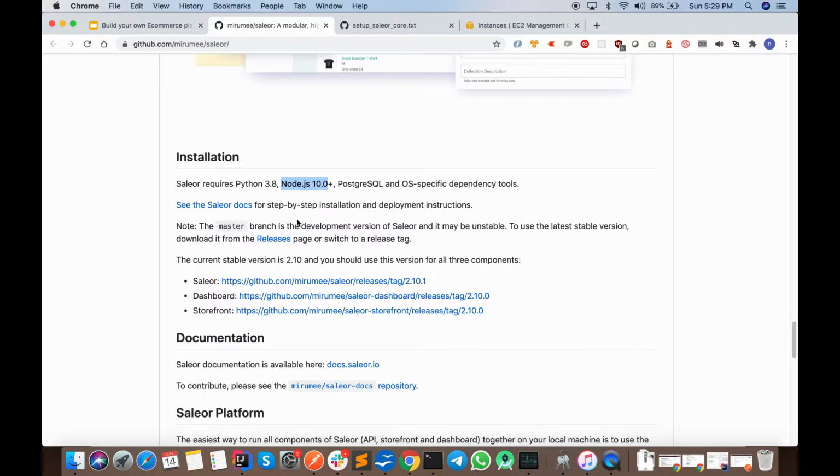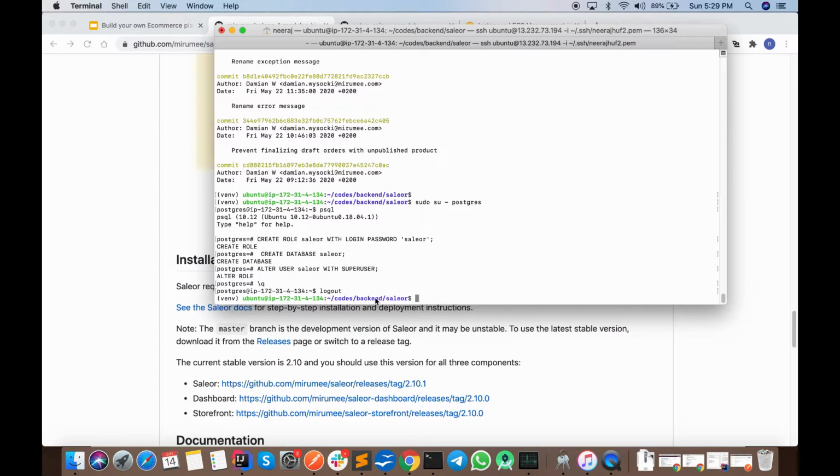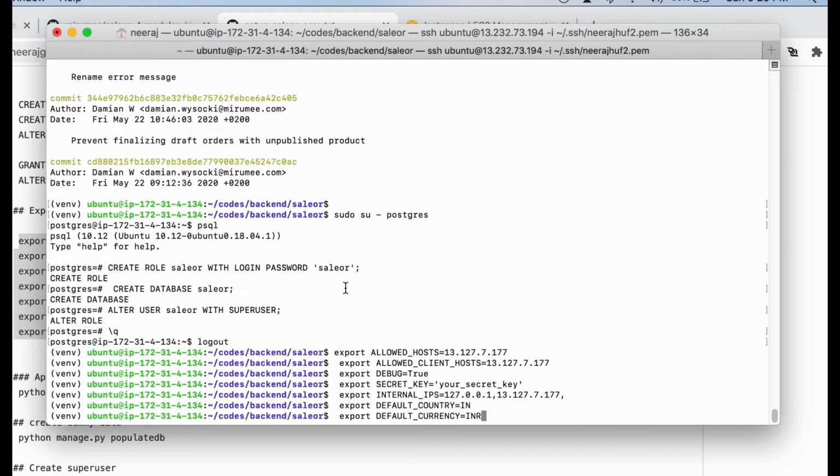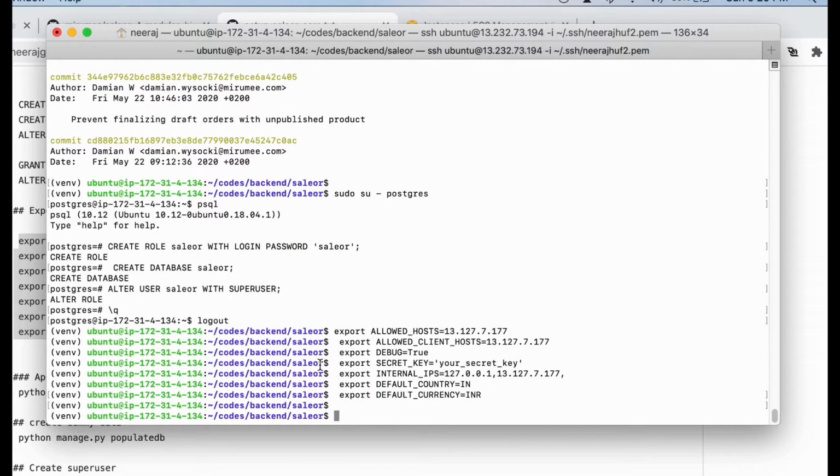As per documentation, I have to set up some environment variables. I have already listed down the minimum environment variables which I am going to export to my OS. Basically we are going to add ALLOWED_HOSTS.